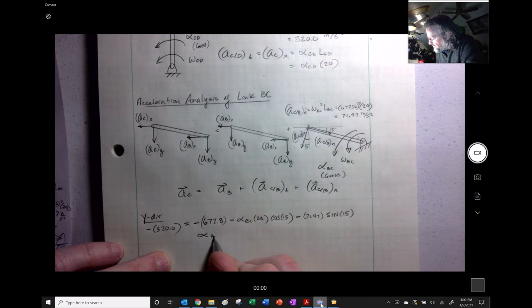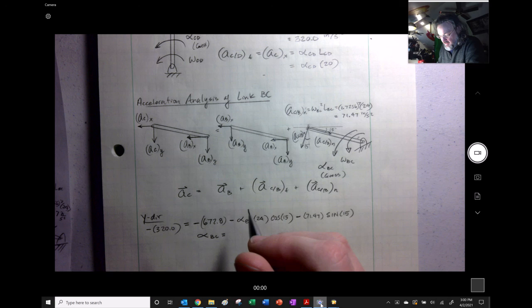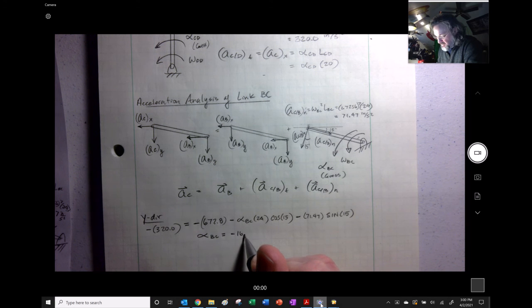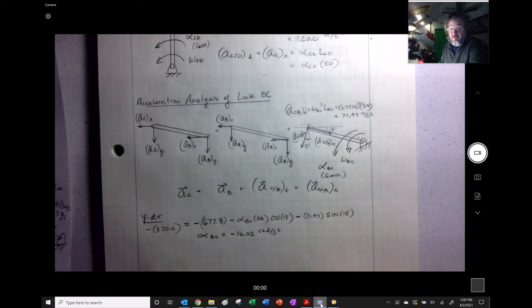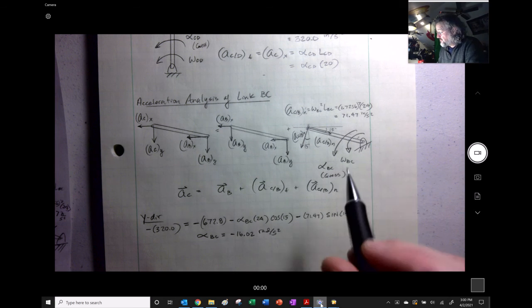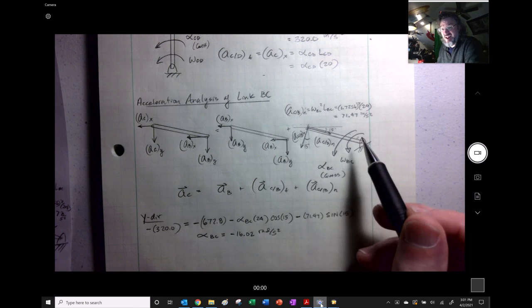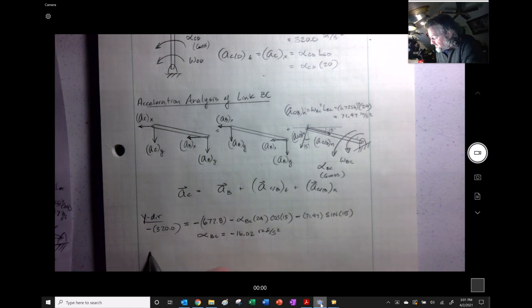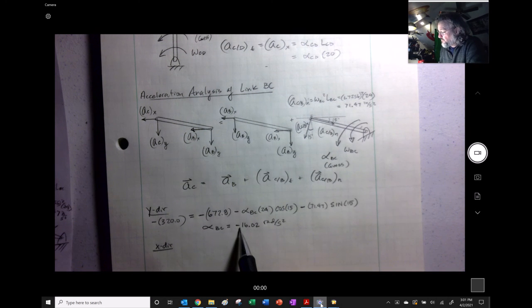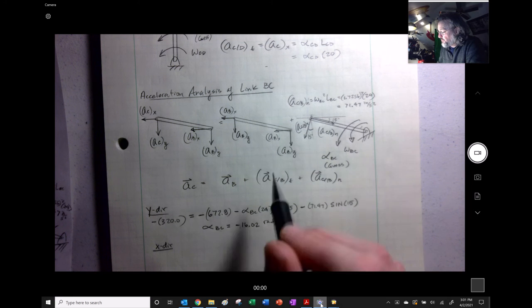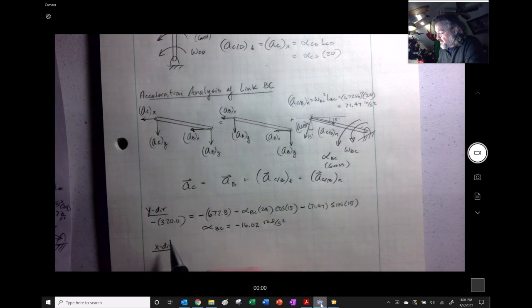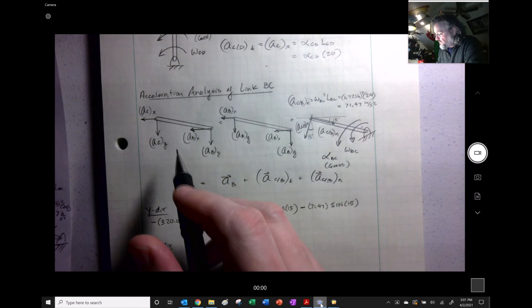Therefore, alpha BC comes out to a negative 16.02 radians per second squared. So I guessed BC incorrectly. It's actually accelerating clockwise. But we will just go ahead and keep the diagram the way it is, and then when it comes time to plug in a value, we'll put in the negative for this. So in the x direction, we have a negative, and this